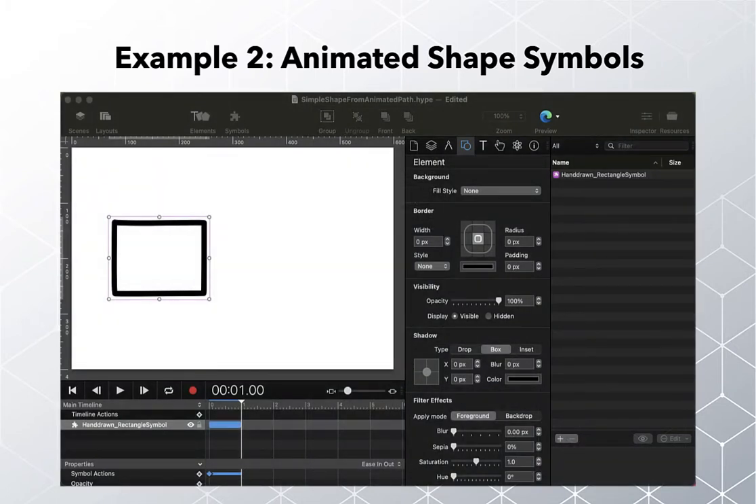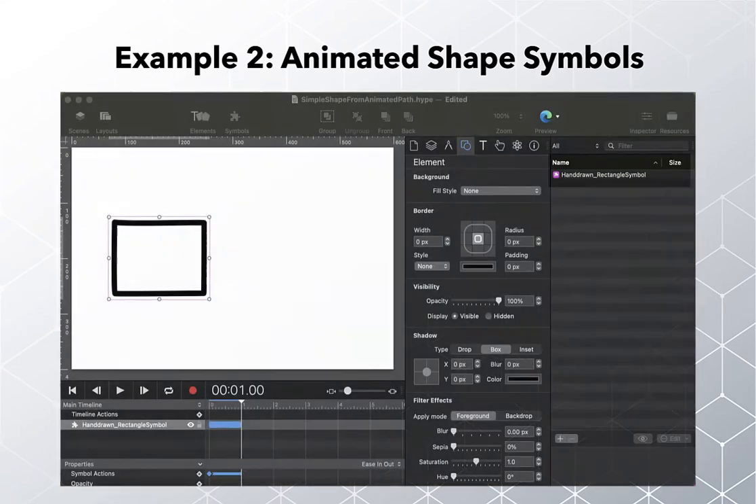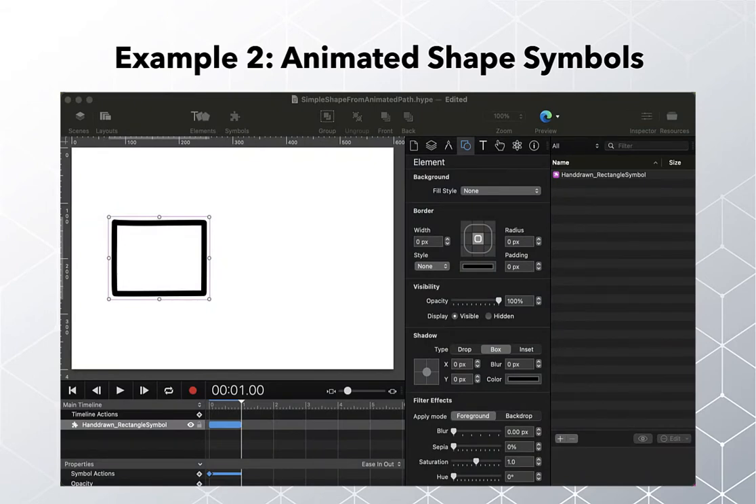Conveniently, you can also generate both animated and plain shapes from the same library. Let me show you how, using this rectangle shape symbol from earlier as an example. When you run this animation from within Hype, you can see it as a simple animated shape. To change it from an animated shape to a plain shape, you simply copy the path of the animated shape